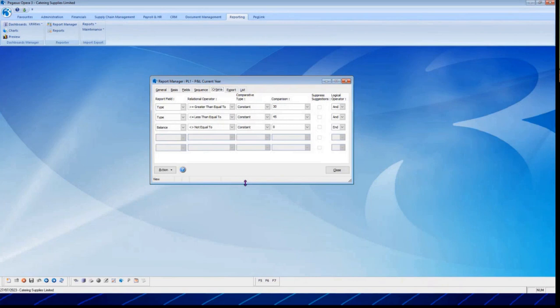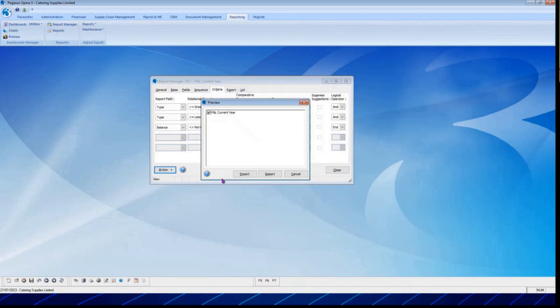But I also don't want to see the balance. You know, the balance is going to calculate. I don't want that to be 0, because if I print every single transaction that's got a 0 value, that report might be huge. And I've saved that. So I think if we preview this report,